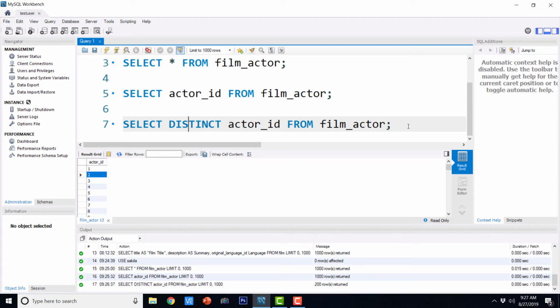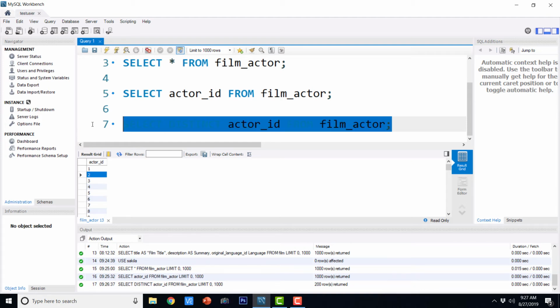So now this is the use of distinct on a single column, and it can actually even have the null entries. Okay, if there is any null data, then distinct will actually show you the null data in your result set.